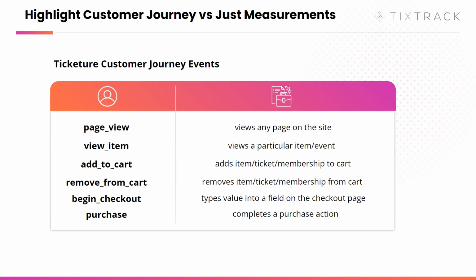But once they add something to cart, it's kind of that next milestone, if you will, of their journey through the system. So I viewed the item. I've now added that item into my cart. We also want to know if they remove it from the cart. At that point, we can see what is happening, see if they're removing the items versus just abandoning, or if certain items are being removed more than others. All those different types of actions allow me to know what's going on with my inventory out there on the site.